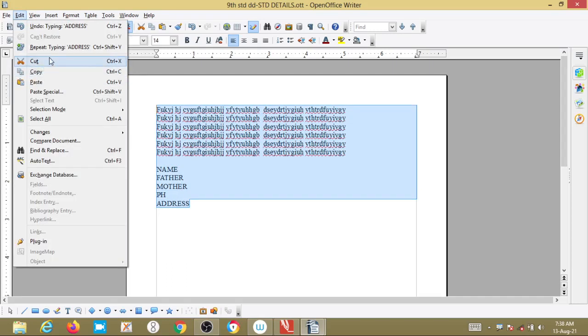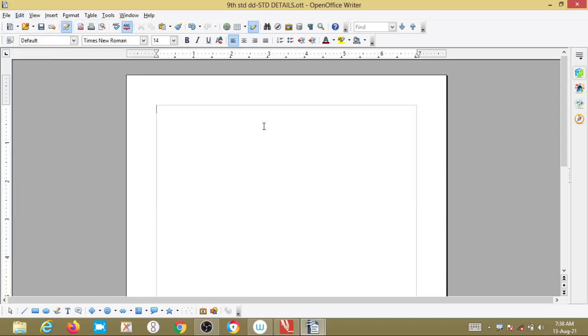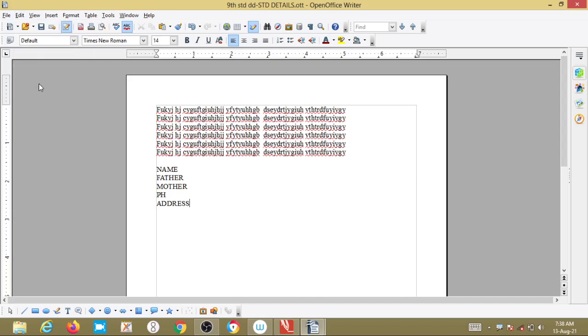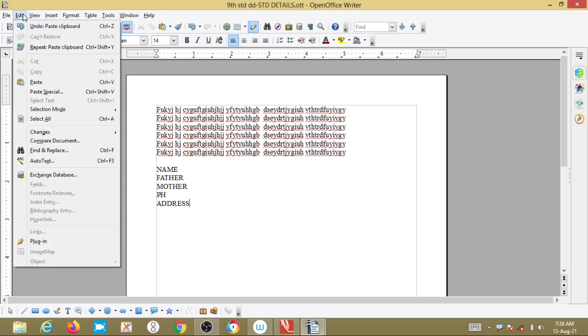If you cut, the entire text you have selected will be cut, and if you want to paste, go to Edit and Paste wherever you want. Then undo is there. Undo means whatever operations you did will go to the previous step. Then there is redo, that is a restore.